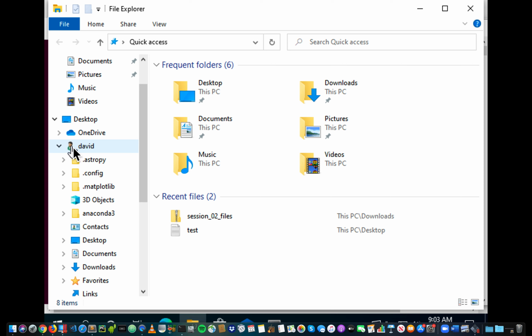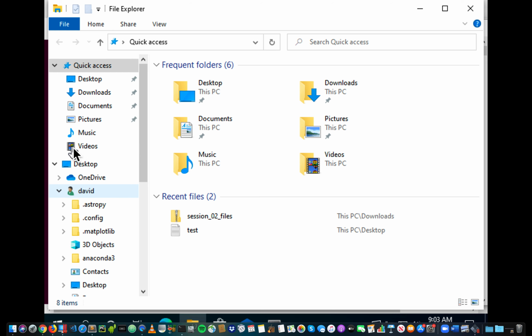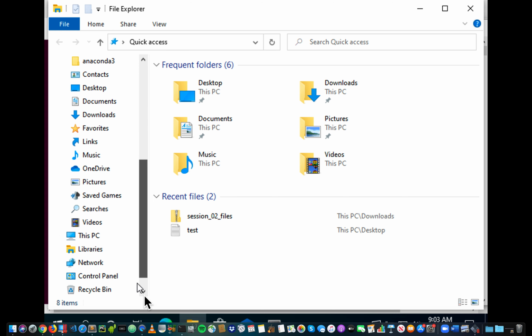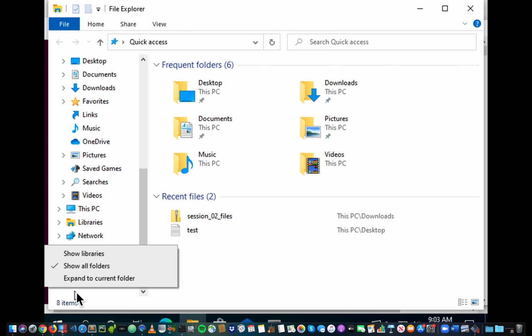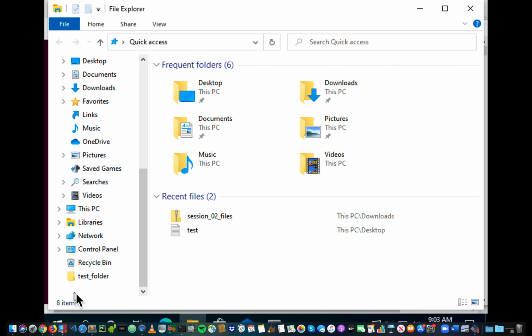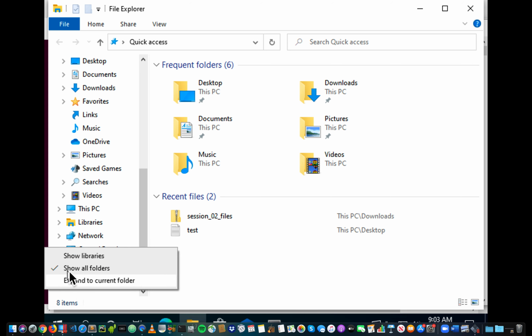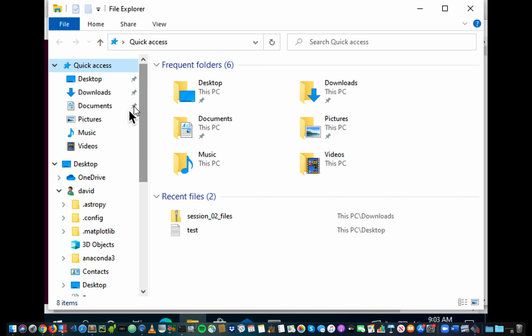So I guess that's because I have a shortcut to it. So you can see here's my home directory. It's got a little picture of me, although I don't have brown hair. And the name, and that's indicating the home directory. If you're having trouble finding it, you may need to tell Explorer to show it. One thing that I've found is that you can right-click inside, not on any folder, but down below, and right-click there, and you can choose Show All Folders,